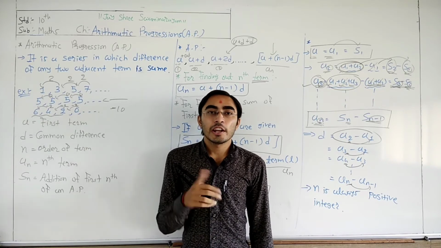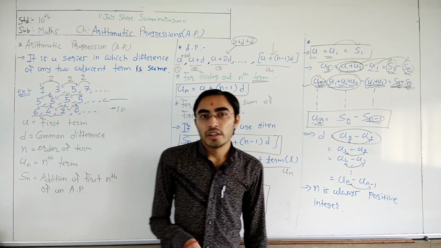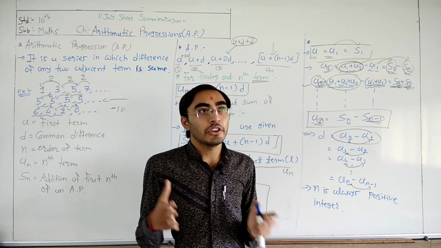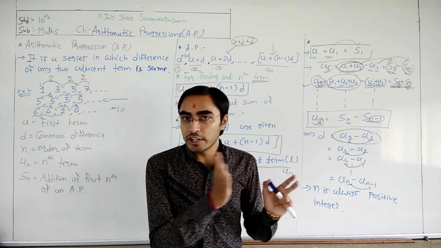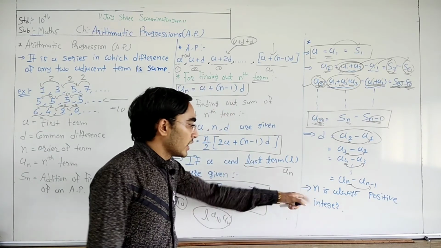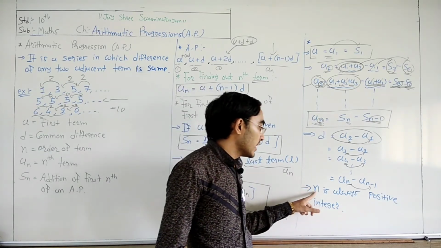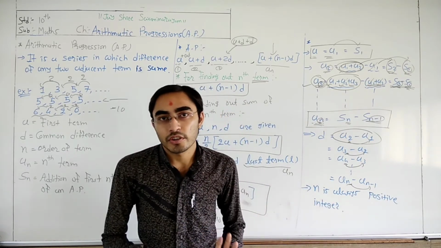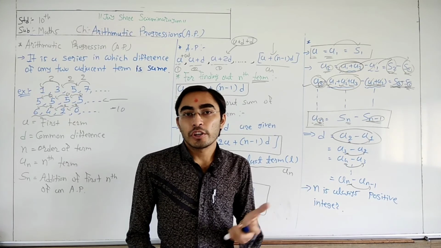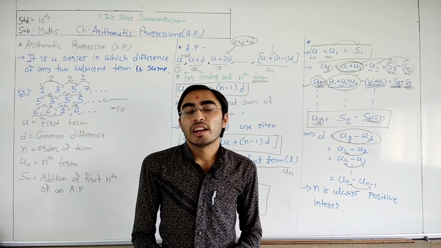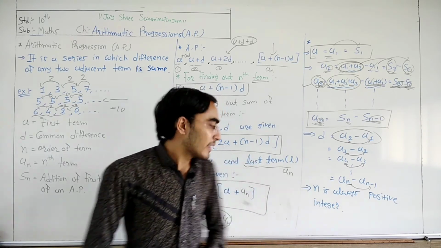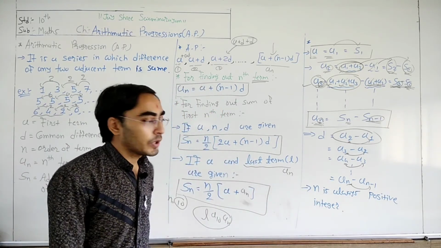Second thing, it cannot be a decimal number. That means we cannot find the 4.5th term. Right? We cannot find the 7.2th term. Either it can be the 7th term, otherwise it can be the 8th term. That's why one important line is here: n is always a positive integer. Positive and integer number, because it cannot be a negative number, it cannot be a decimal number, and a series always starts with the first term.